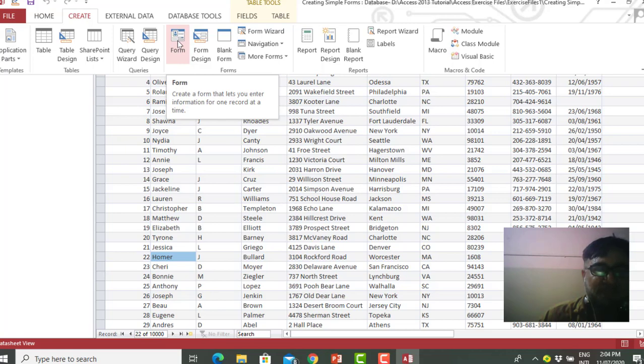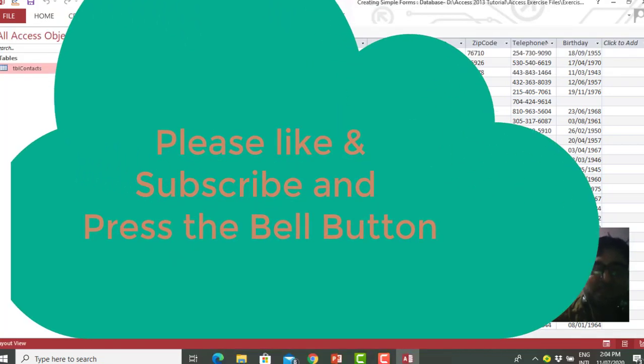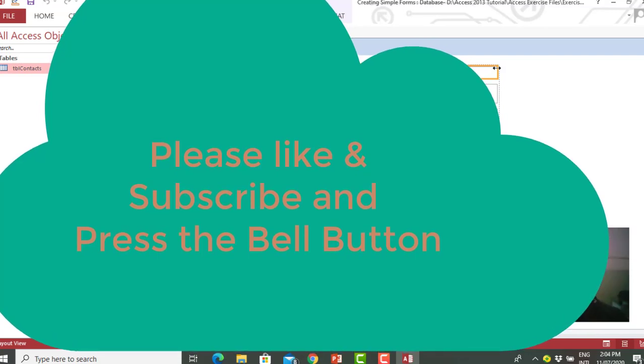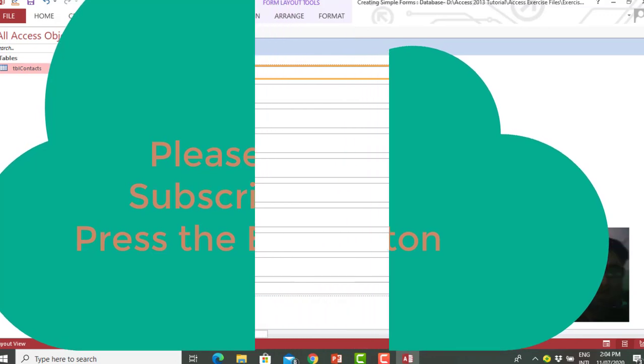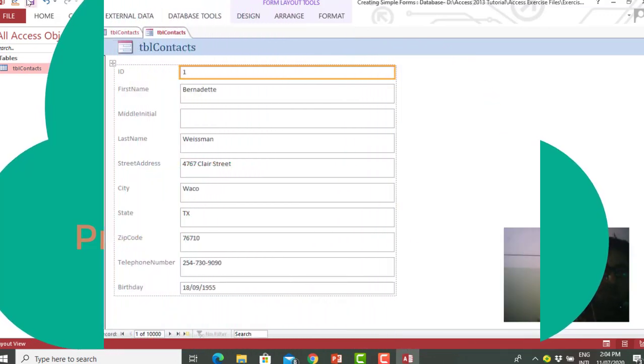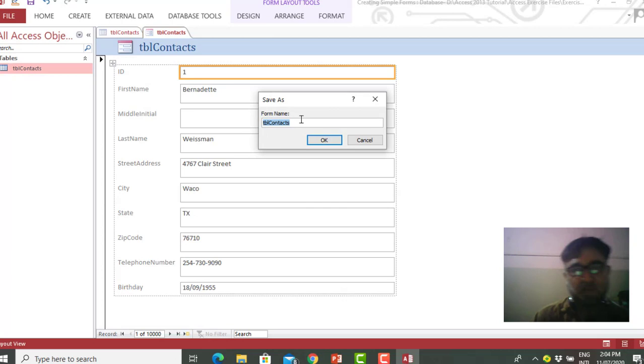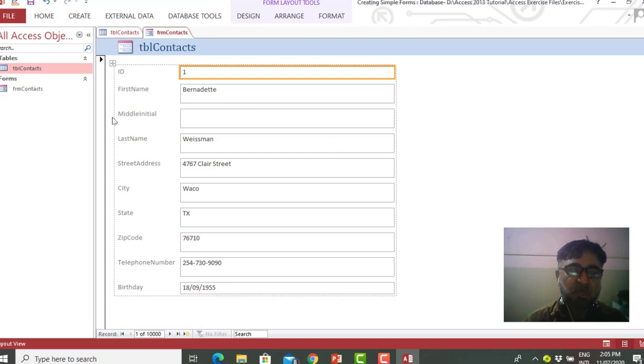As soon as you click this Form, you will see that we get a form. You have to save this form. You will have to give it a name indicating its type, for example frmContact. With the help of this form, we can view the records one by one.